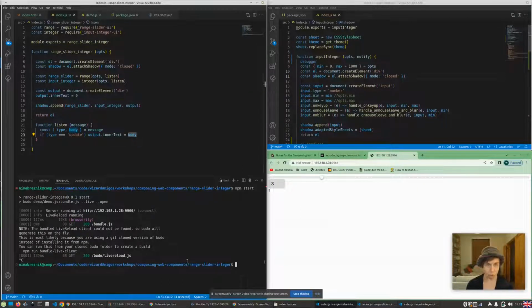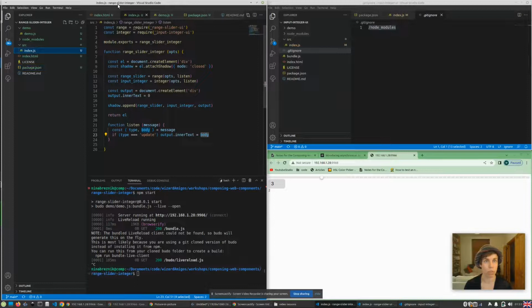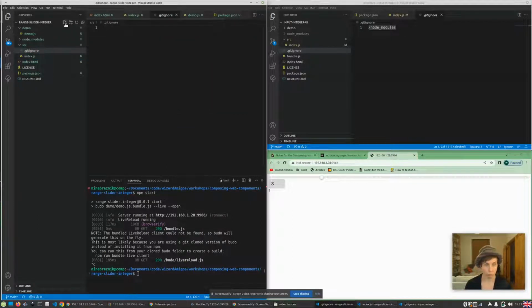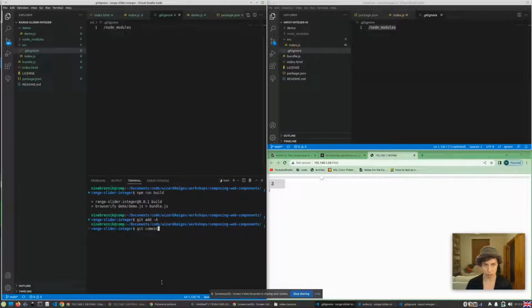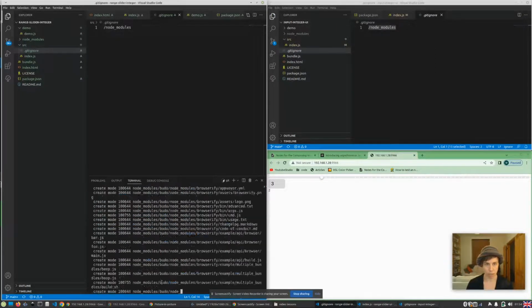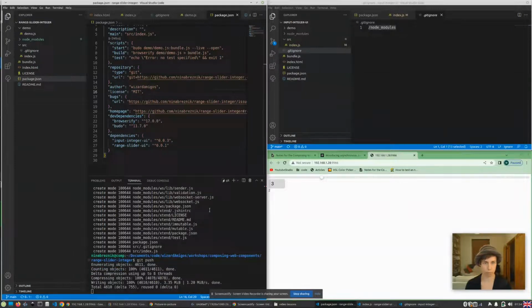Okay, we should now add one additional thing, git ignore file. We didn't create one for the range slider integer yet. So let's just quickly do this. .gitignore, and we put in the node modules, and we can now finally also push this to GitHub. So npm run build, git add, git commit, and we will have this initial commit and git push. Okay,